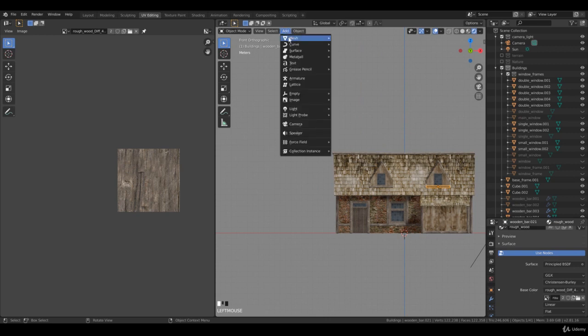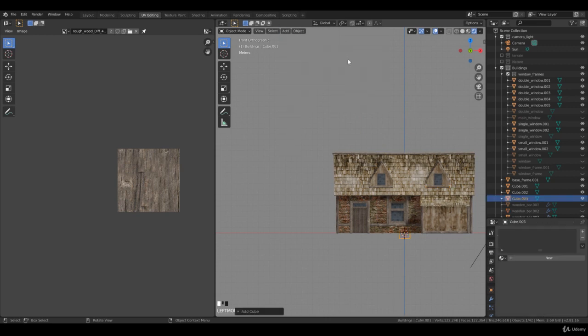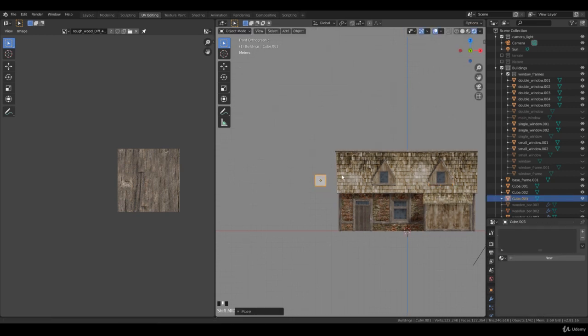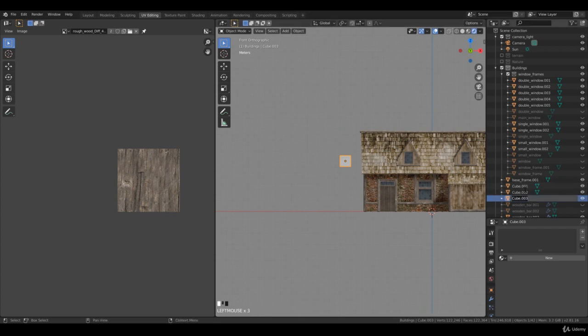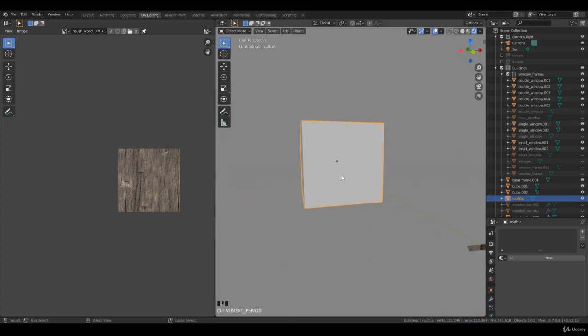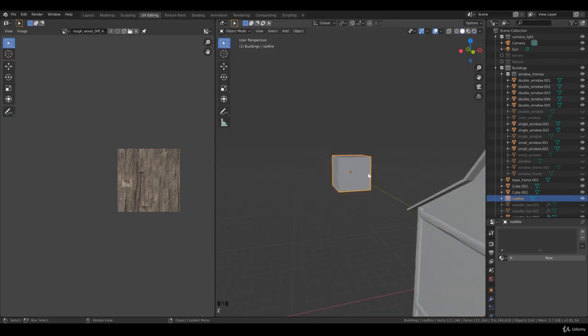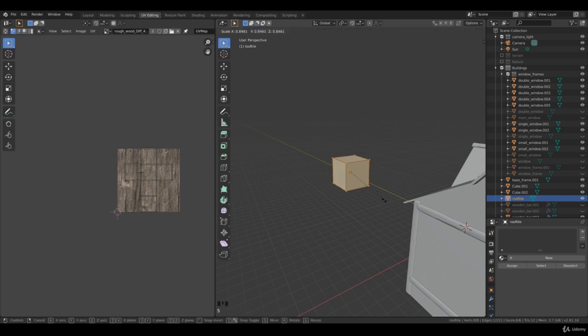So go to Add, Mesh, and go for Cube, and drag this to the left. And let's name this Roof Tile. There you go. We want to center it, and let's go to the solid mode, and we make it as Y in the edit mode. And make it rectangle shaped a little bit, and Control B